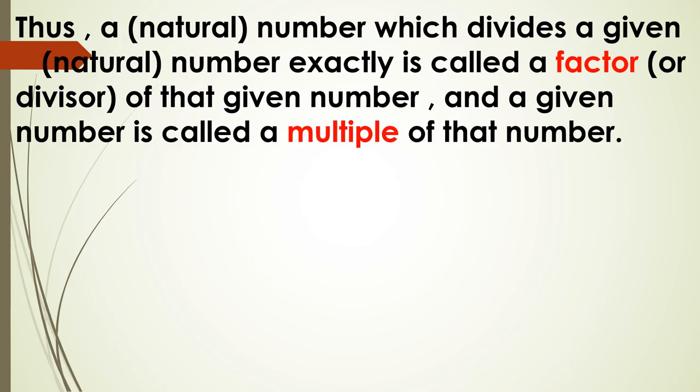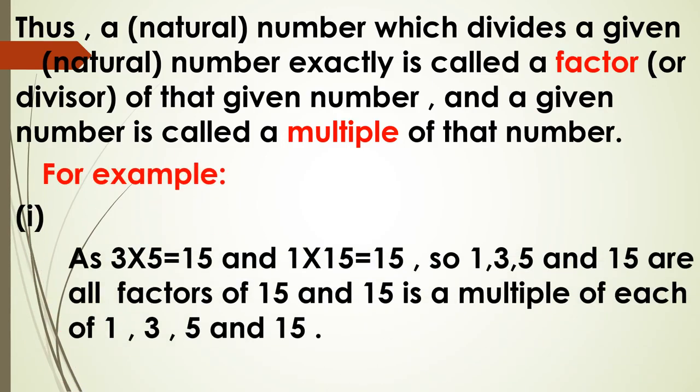See the examples. 3 multiplied by 5 equal to 15, and 1 multiplied by 15 is also equal to 15. Can we get 15 in any other way? Now you will say that ma'am, 5 multiplied by 3 is also 15. That is correct. Either we write 3 multiplied by 5 or 5 multiplied by 3, the meaning is the same. You also know that interchanging places in multiplication will not change the answer. So 3 multiplied by 5 is 15 and 1 multiplied by 15 is also 15.